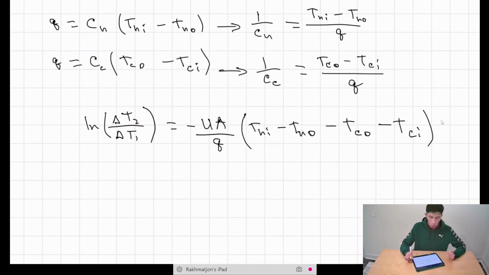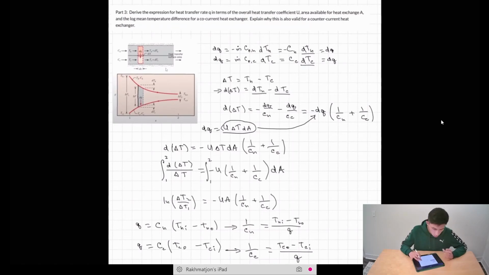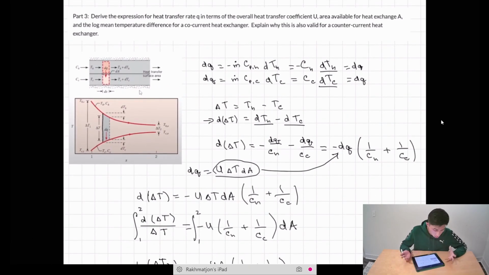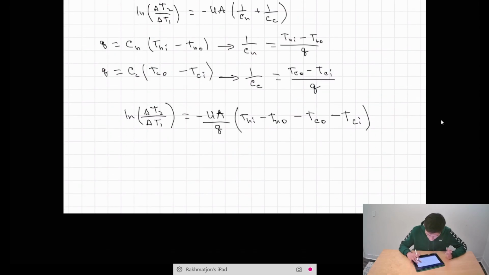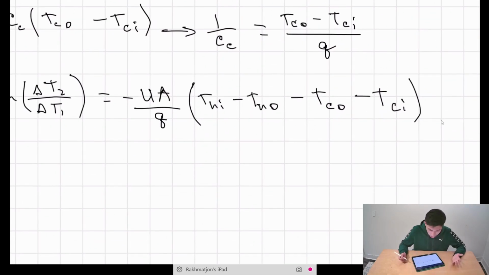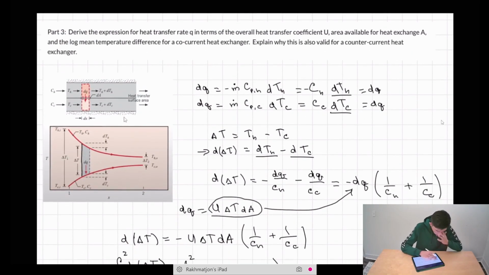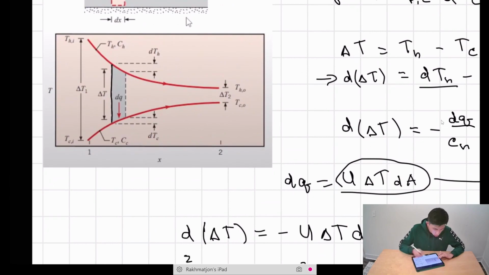Okay, so our problem, the question is asking us to derive the expression for heat transfer rate. So it wants us to find the expression for Q, right? So we need to make Q the subject. But before that, let's talk about something inside of the parentheses. So before we started the equation, in this diagram, so we